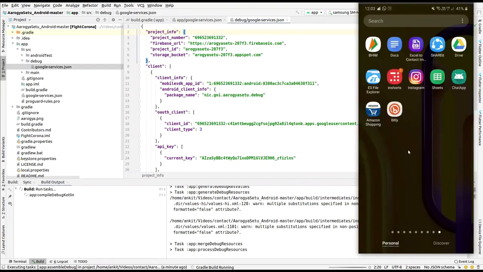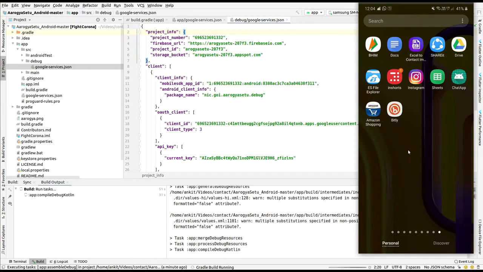So I hope you will read that Arogya Setu description on GitHub. Then we're going to set up all these things correctly, and after setting up, you will see that your app will run successfully. And if you don't read it and just do things like a naive person would, then you will face some errors.